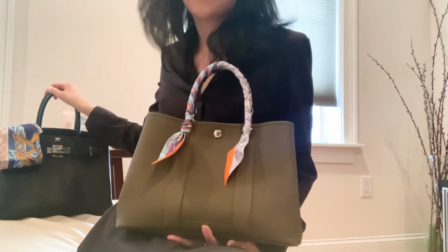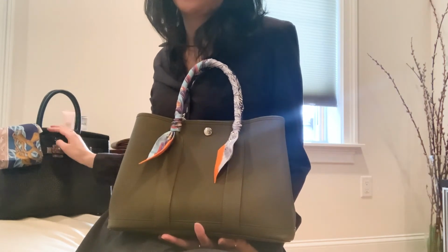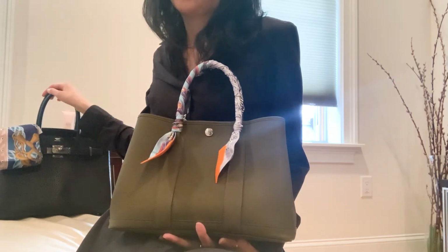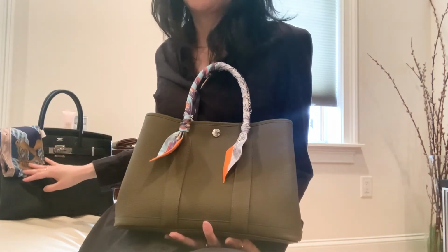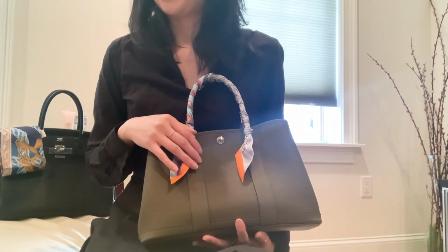I'm still on the hunt for a possible bag charm black rodeo for this, but it's not a must. Whatever, you know, if my essay can help, then great. If not, then I'm fine just the way it is as well. Happy to add this new edition of the Maxi Twilly to my collection, and you know, I'm